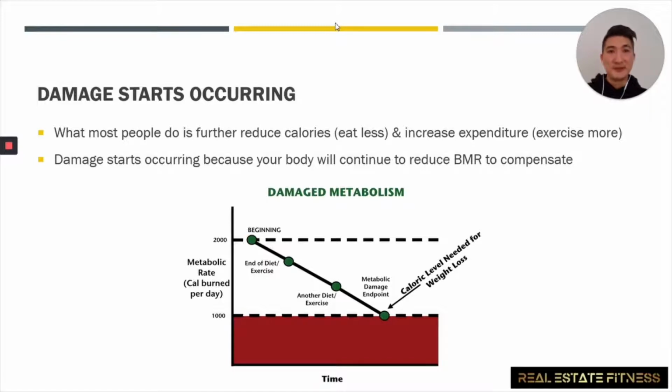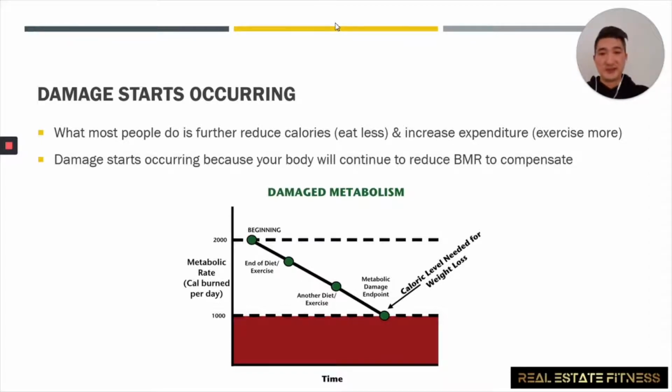And the problem is, this is when damage starts occurring, because most people don't understand why they've plateaued, so they continue to reduce the calories by eating even less, and they increase their expenditure and do even more exercise. If you continue to do that, this is when we start getting damaged metabolism. You can see from the graph here,